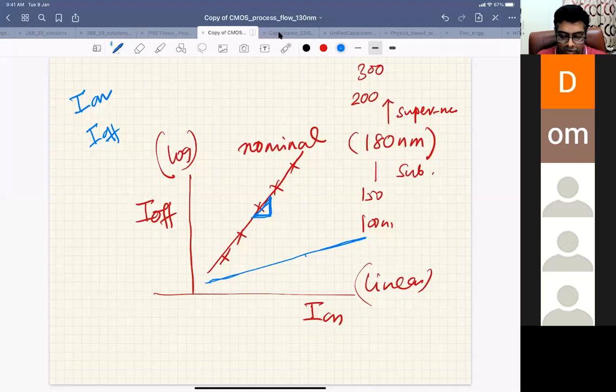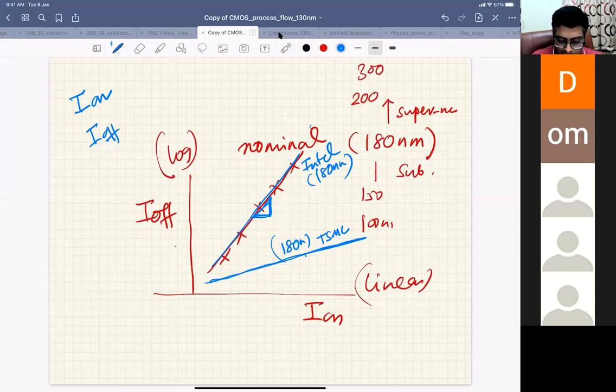That means if we have two technologies, let's say this is TSMC's technology and this is Intel's, and both are 180 nanometer node. When you plot their universal curves together, let's say TSMC has this characteristic and Intel has this characteristic. Here you can clearly see TSMC transistors are much better because at the same